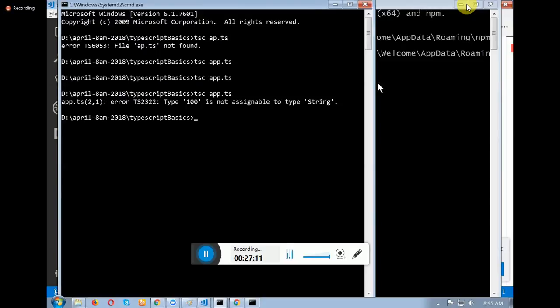So let us see how to write object-oriented programming in TypeScript.